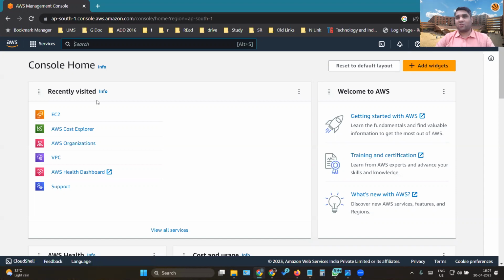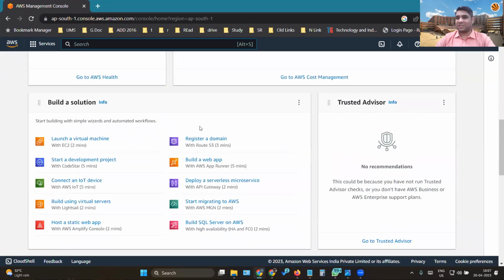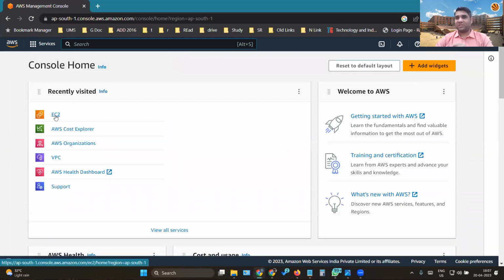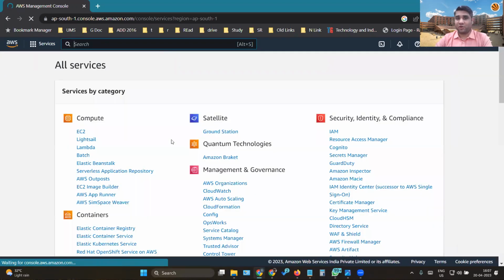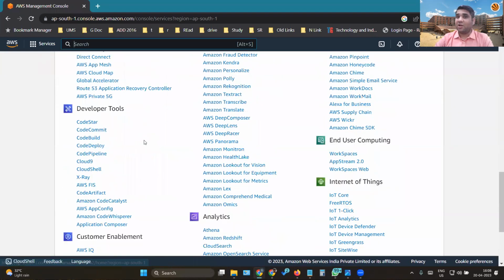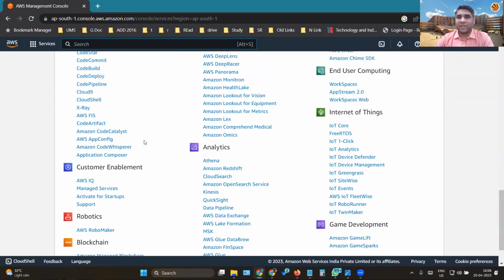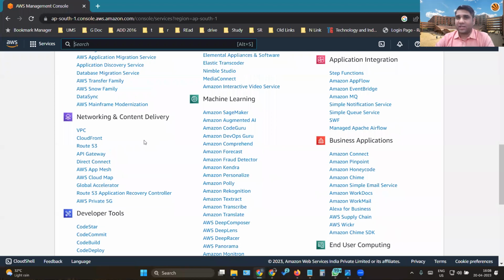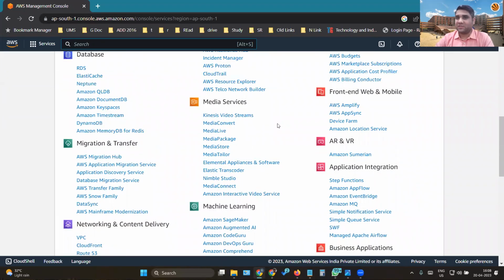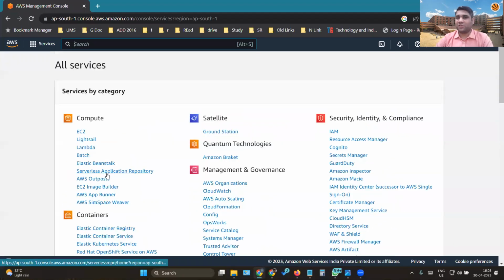So if you want to replicate the same at home, work with it, you can do. Now, if you go to the AWS console, this is how it looks. It is a dashboard. Now, the basic computing service, the name of that service is EC2. There are a lot of services. I'll just click on view all services to give you a glance. See, these many services are there in cloud computing, which are available for any cloud developer or any application developer to use. They are used for different particular logic at different points: media services, front end, migration, database, storage, a lot of services are there.